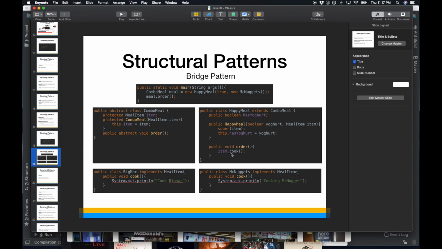So as you order, you're going to cook the thing, and then you have the meal item, which different meal items could be a Big Mac or McNuggets, just in this case that I'm putting this example. And if you see it this way, I'm going from this to this to this. But in reality, the main code, the entry point, is creating a combo meal, which is going to be a new Happy Meal. So I'm storing it as a combo meal, that it's a Happy Meal. This is a bridge class